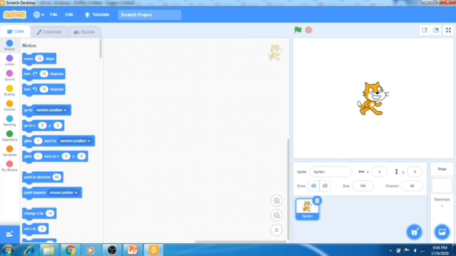This box where you see the sprite, this is your stage. Stage is basically the walking area where you can perform actions and you can move this sprite. Here, this area you see, this is your sprite list. Whatever sprite you choose will be displayed here.